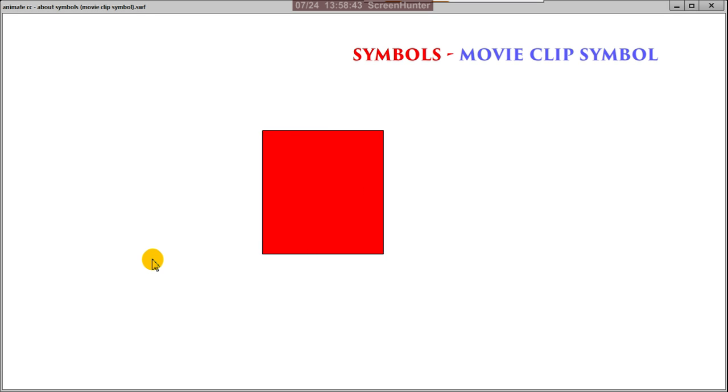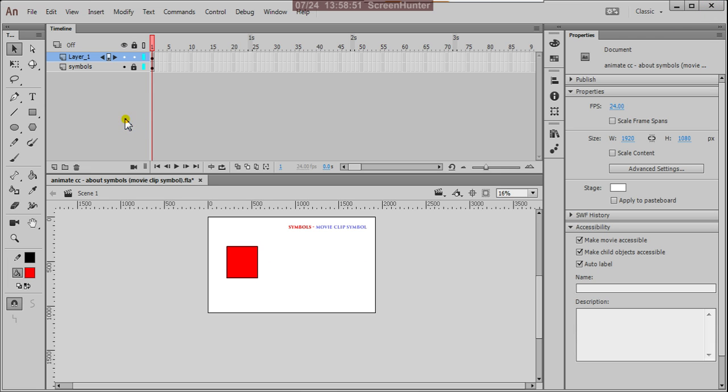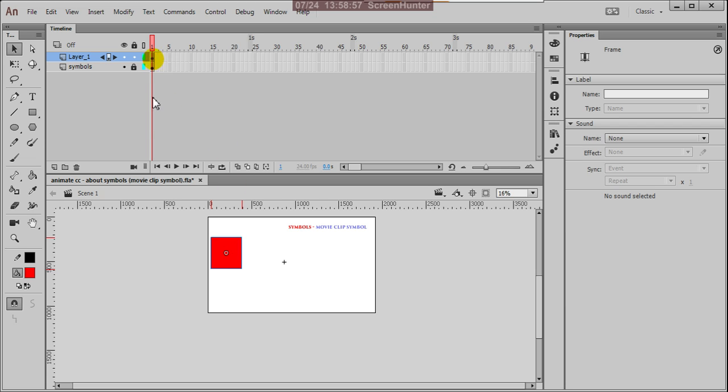There we placed only one frame, even though it is nicely animating. What happened here actually? This is your movie clip. Your animation is completely inserted into that.